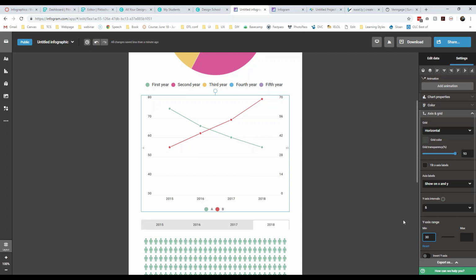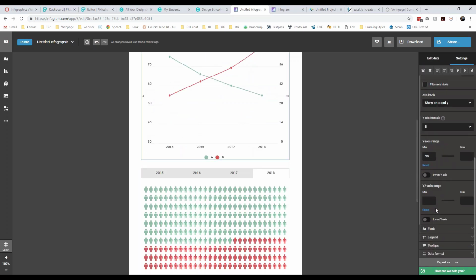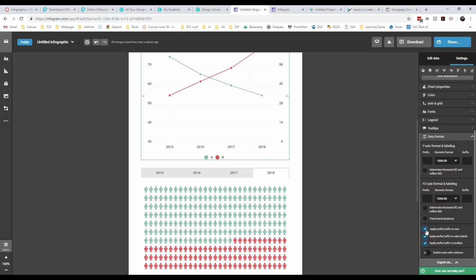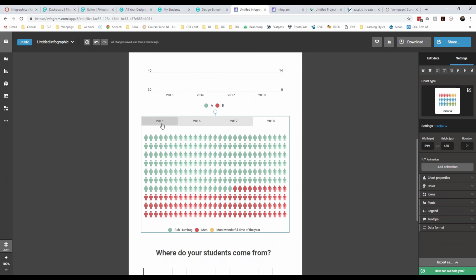Which is odd. I don't know. This is being kind of funny. I would need to tinker around. Again, there's a lot of options, which in some ways can be overwhelming just because there's a lot of stuff going on there. So for this next graph, I did something interesting, since Infogram has a setting that I